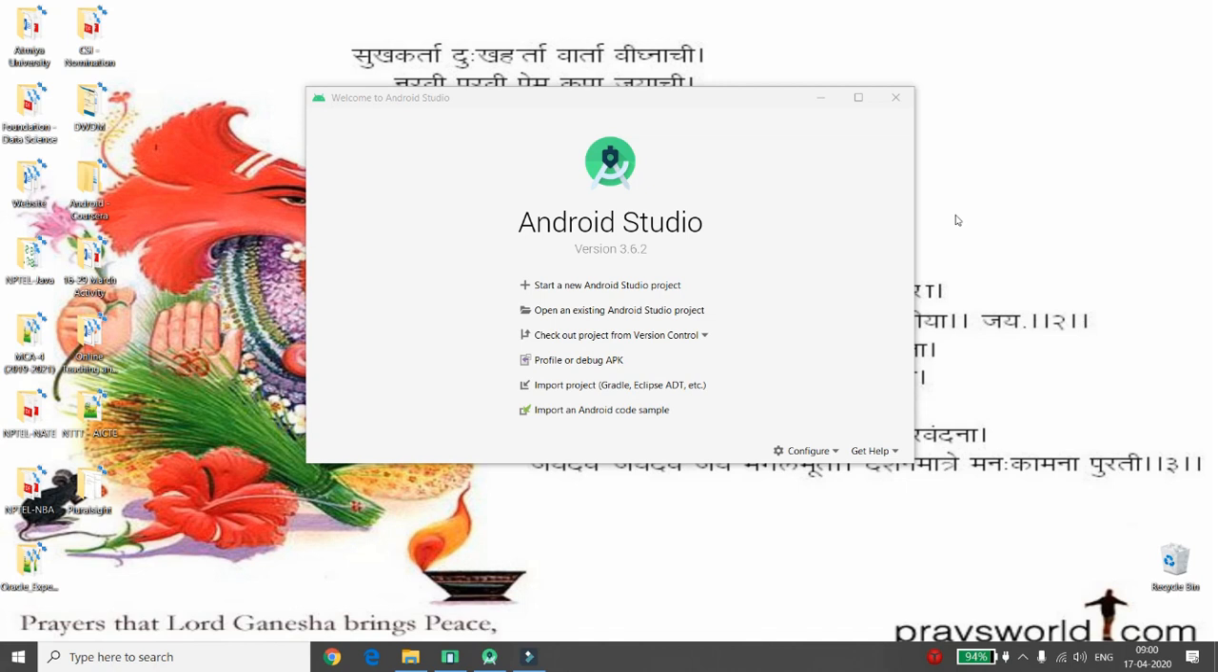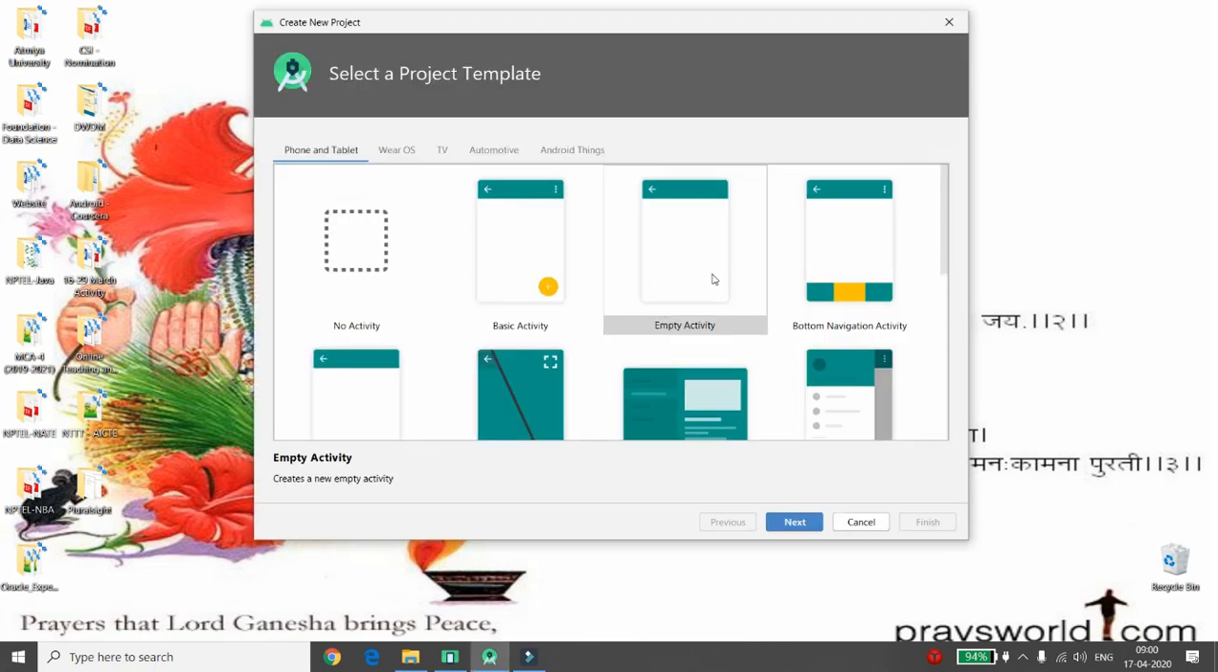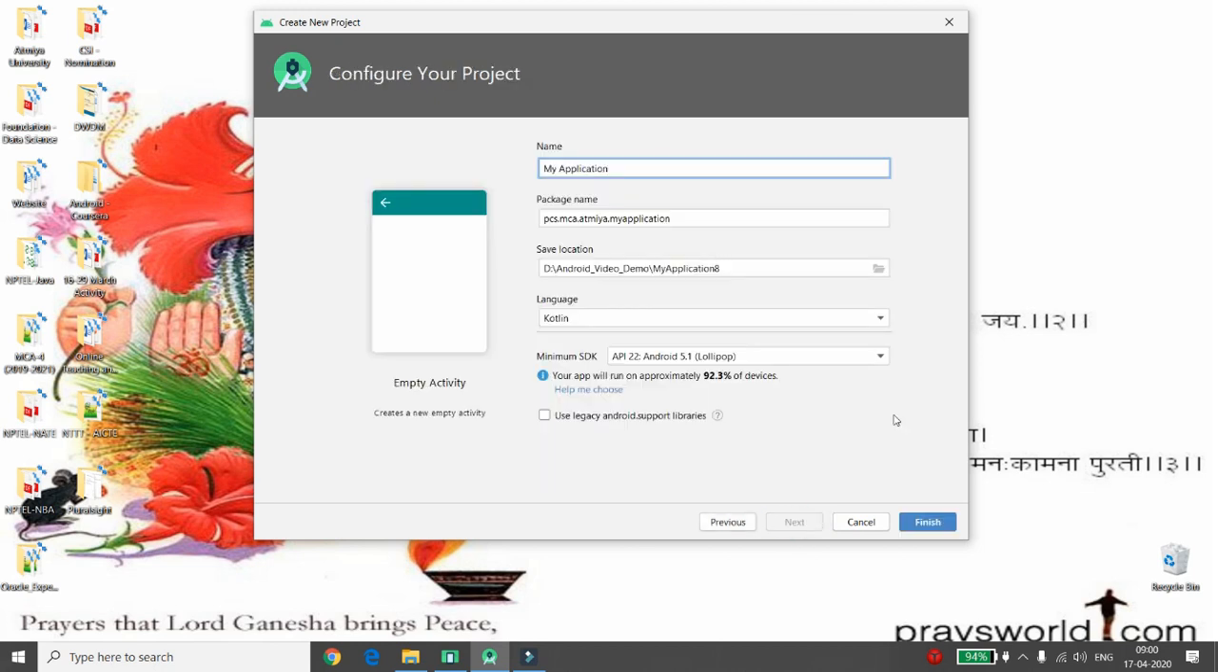Today I will demonstrate how to bind a grid view with the row and column combination of alphabets. So let's start developing the Android Studio project. First of all, you can click on start new Android Studio project. Then you can click on empty activity. Then you can give the name of your application. I'm just giving the name of my application as alphabets